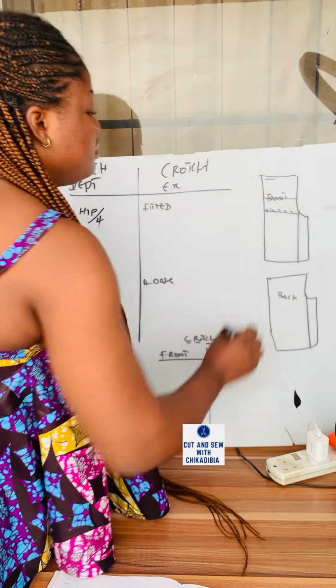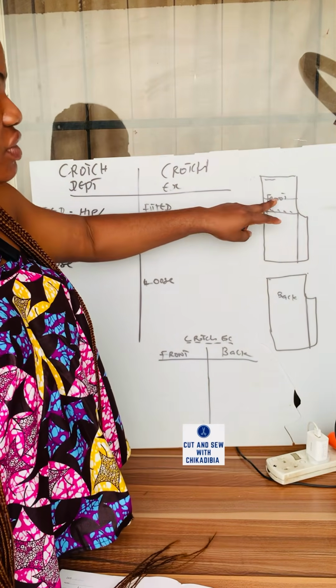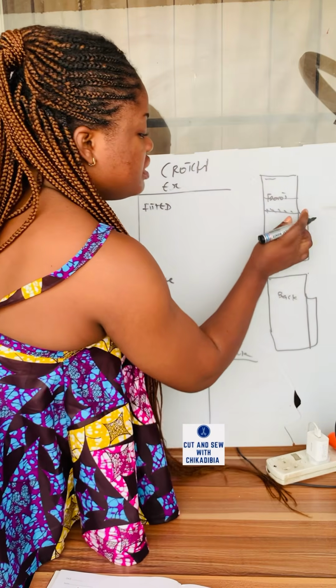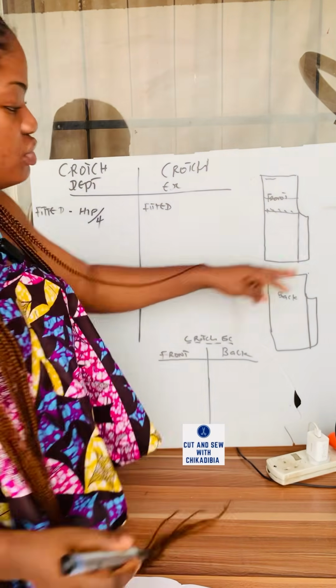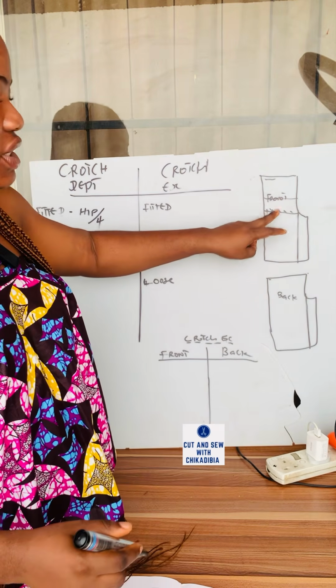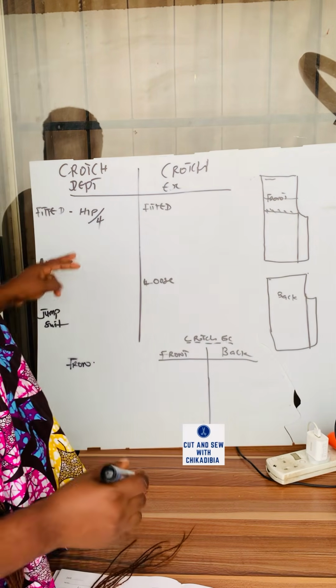I'm too fast to label it. You have your waistline and you have your hip line. To get this crotch depth, so that we can have the extension. This is the extension, and I am going to teach you how I got this extension. So to get this point from here to here, to get our crotch depth, I'm going to divide my hip